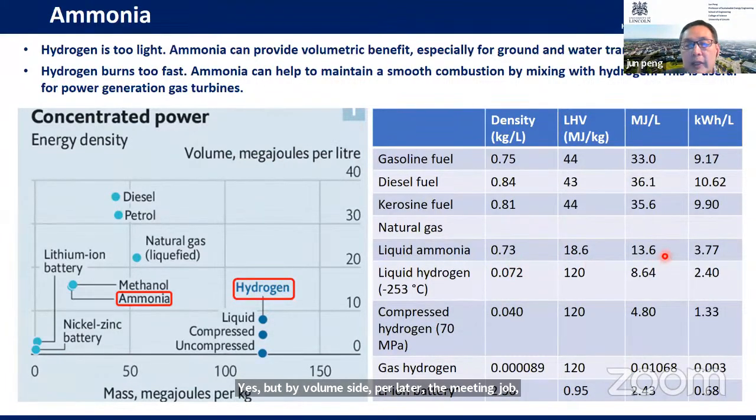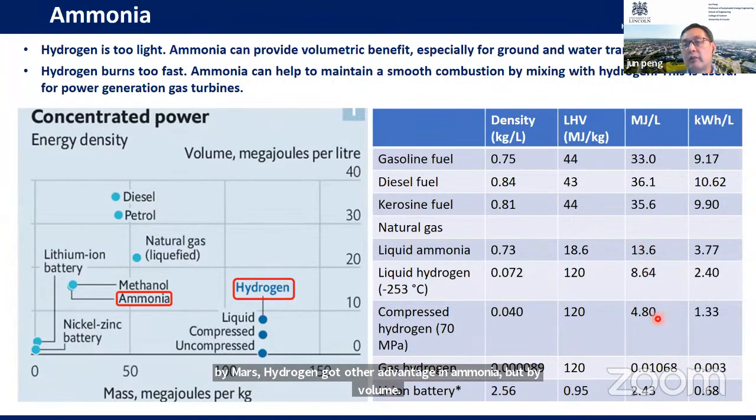For ammonia, we can store it as a liquid. Ammonia at 10 bar pressure or minus 33 degrees temperature can be converted to a liquid. Hydrogen is very difficult to liquefy; even to get a liquid needs very high pressure and very low temperature, minus 253, so we can find it very difficult. So there is liquid hydrogen, compressed hydrogen at 700 bar, and uncompressed hydrogen gas. We can find that by mass, hydrogen has an advantage over ammonia, but by volume, ammonia has